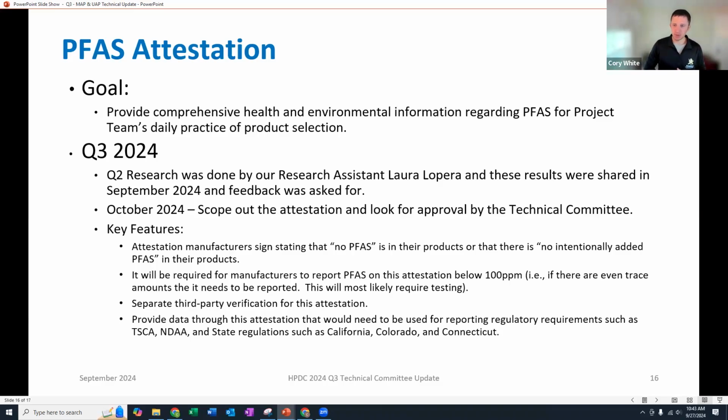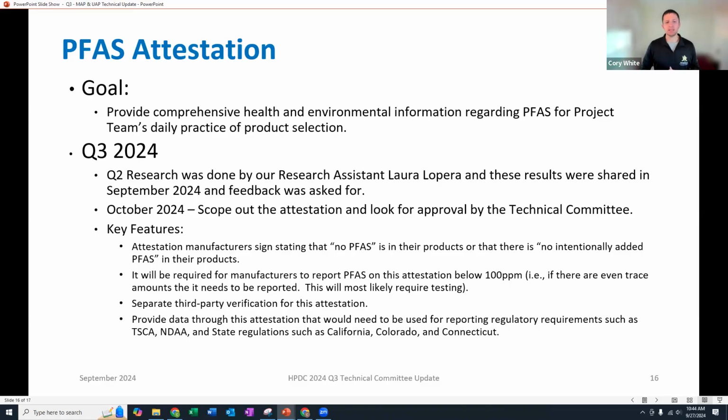So there's probably going to be some sort of requirement with that, as well as some manufacturers. Keen Shoe is a prime example of this. They actually require third-party verification that there's no PFAS in products before they can do business with them. So we might figure out a way to create some sort of third-party verification specifically for this attestation, where you maybe don't need to do the entire HPD and you can only do this attestation. You only need to do that attestation to probably save on some costs. So that's something we want to possibly offer.